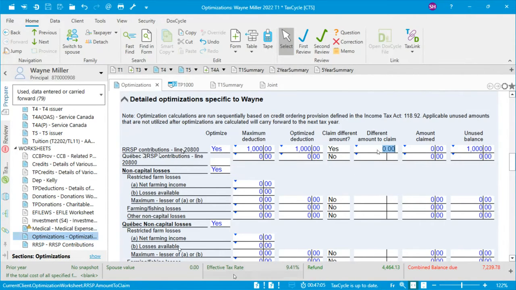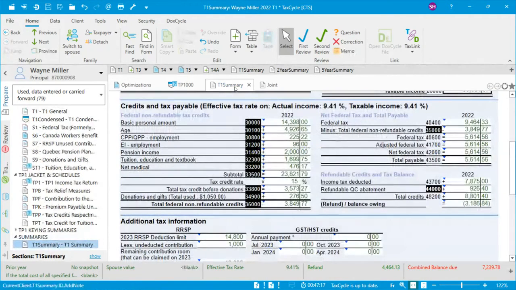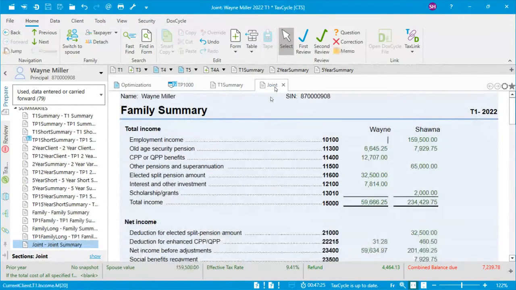These monitors, you can also add or remove whatever monitors make sense for you to keep track of as you're working through your file. Another way to look at this too is you can look at your T1 summary, which will give you a quick snapshot of how your changes are impacting the various things. Or if you like, you can look at your joint summary and you can see how those changes affect your